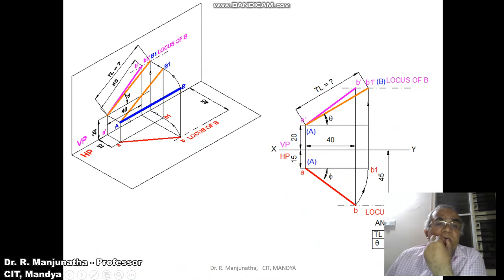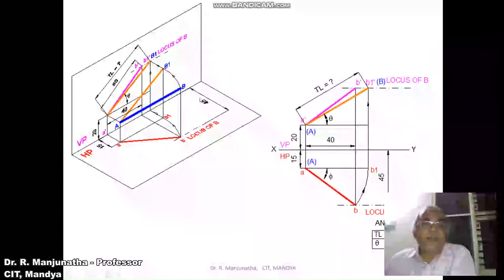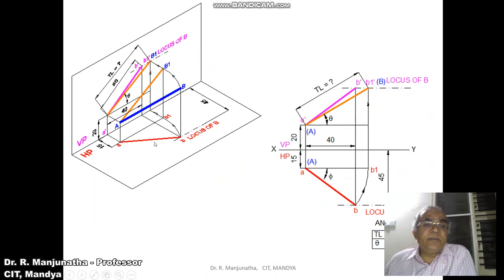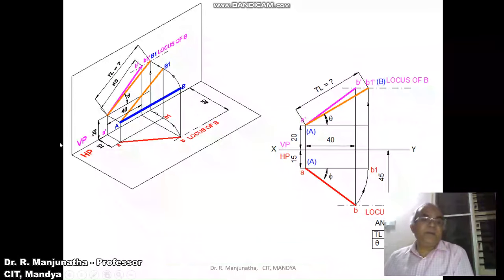So here, when the line is in space, that is, B is 45 mm in front of VP, and we don't know the distance above HP. But when you rotate it and make it parallel, as we saw with capital A and B, when you make it parallel to VP, so AB1 is parallel to VP, you get the true length in VP. You are going to get the angle theta. So by doing so, AB is rotated and made parallel to VP, so both A and B1 will be in front of VP by 15 mm.